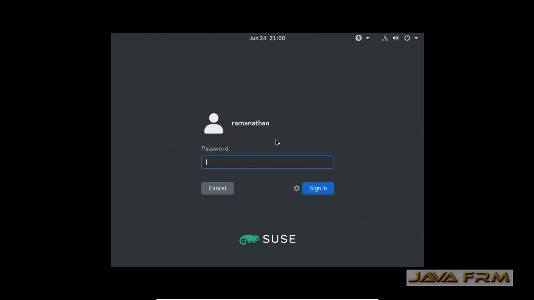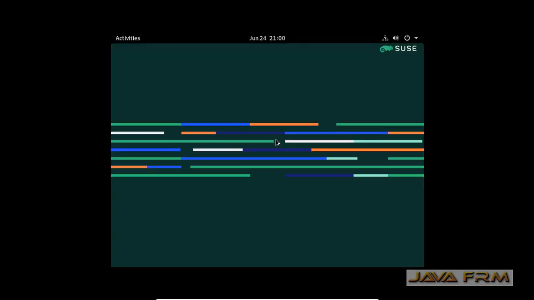So first time I am going to log in. Yes. So this is the desktop look for SUSE Linux Enterprise Desktop 15 Service Pack 3.